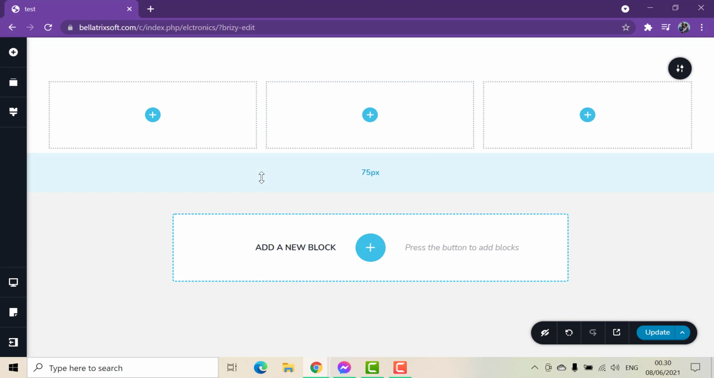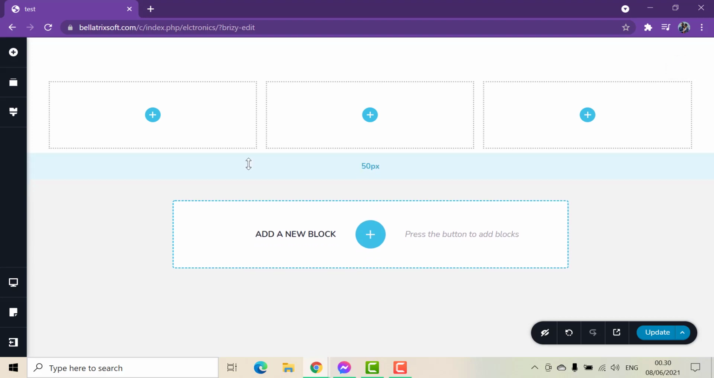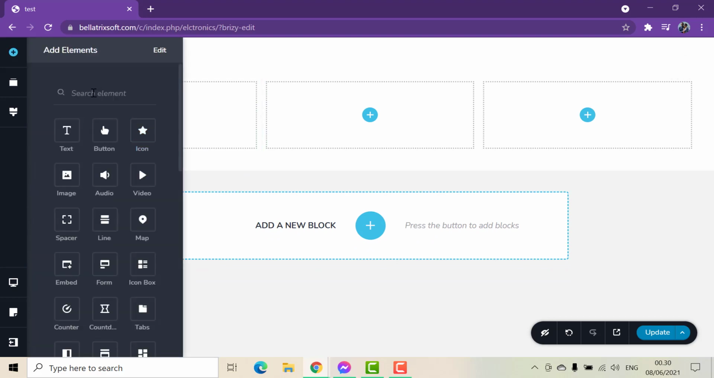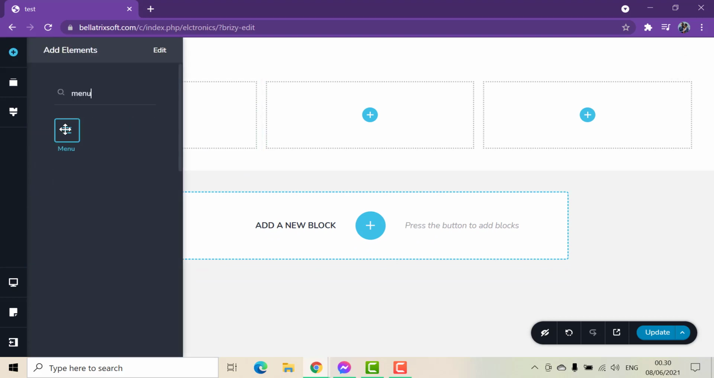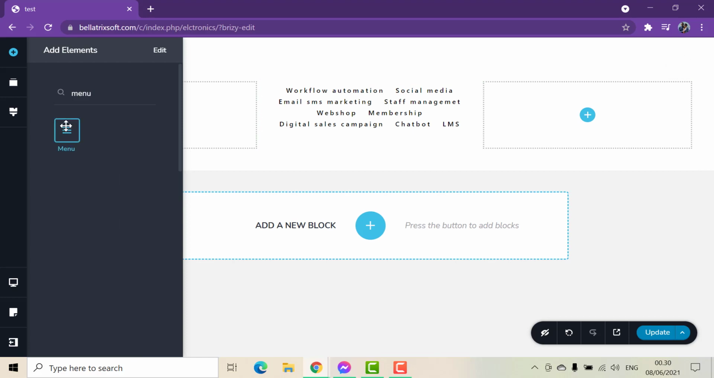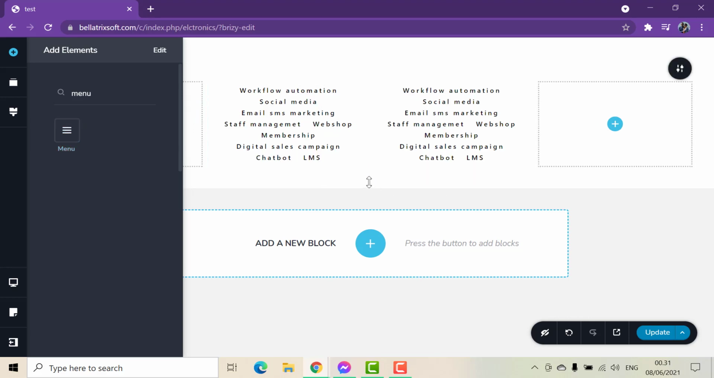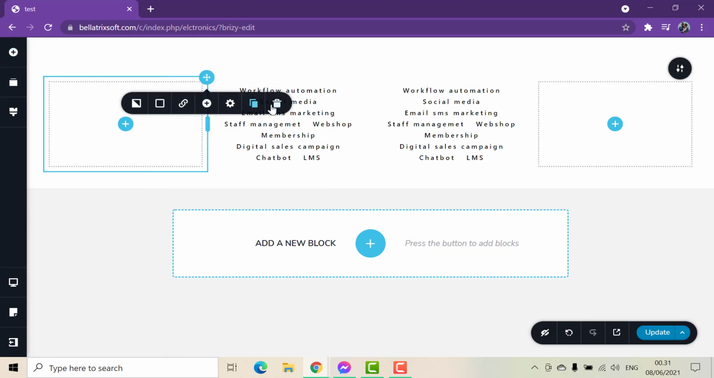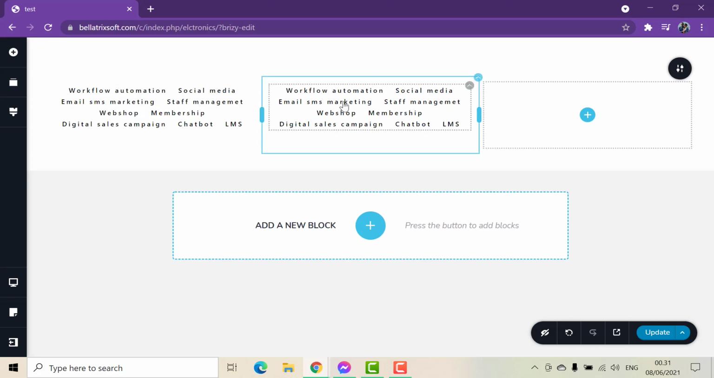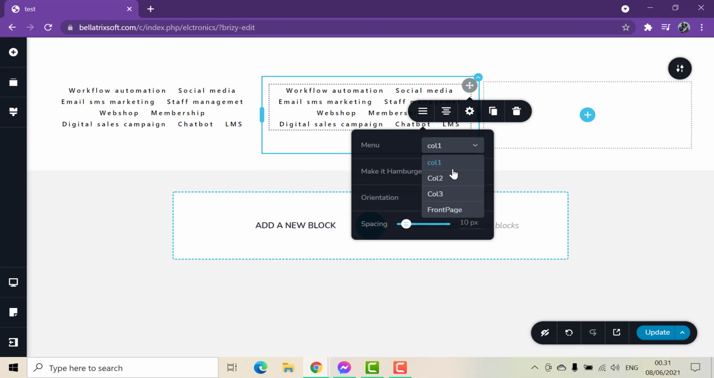So in the first 2 columns, there will be 2 menus, and the last one, there will be social media icons. So first I bring the menu here, and again I will bring the menu in this box. So as it is covered, I cannot take it here, so I rather take it here first and then delete this one. Now we have 2 menus, and I just go here to change the menu so that there is